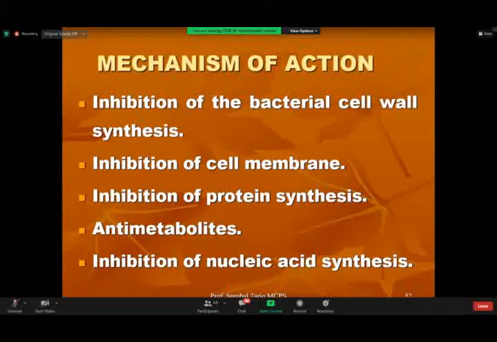They call cell membrane. आपको पता है कि cell wall is the solid type of cell wall. Peptidoglycans की cross linkages के साथ बनी हुई होती है. और कुछ bacteria do not have a typical that solid cell wall. They just have a cell membrane. तो उनकी भी inhibition जो है वो कुछ antibiotics ऐसी हैं जो उस पर based हैं और उनका mechanism of action ये है कि वो inhibition of the cell membrane करेंगी.